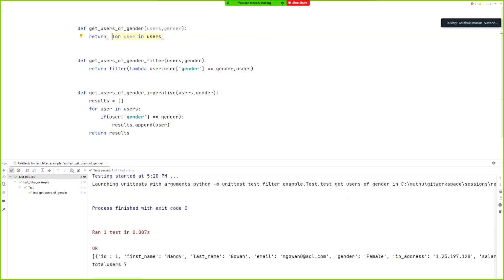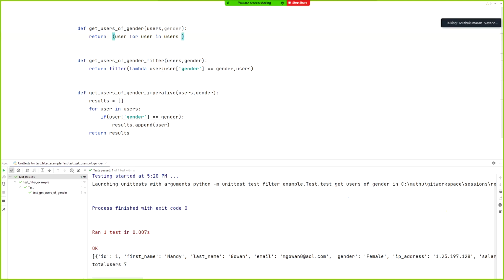So to assign it or to return something else, you need to just put the same thing. Normally you will put a function before that, right? And then we will add a square bracket. So you don't have to do that. You just put the variable which you would like to have. In this case, I'm just going to call it user itself, user for user in users, and then